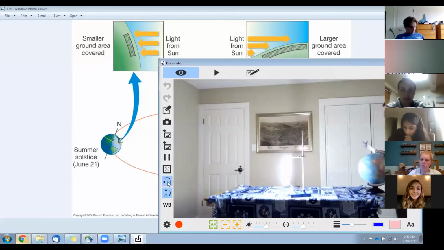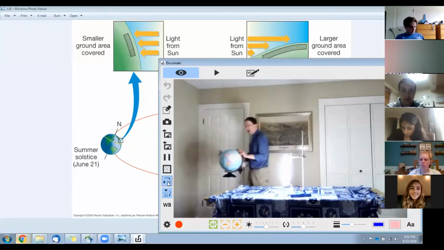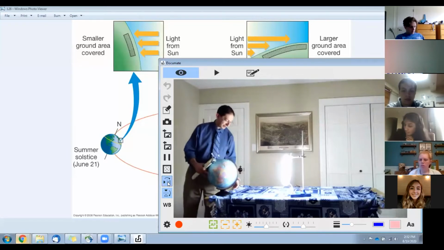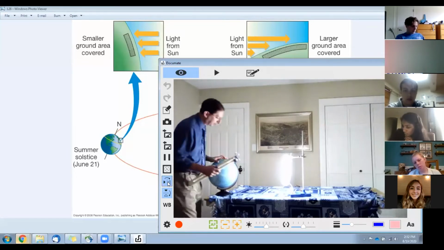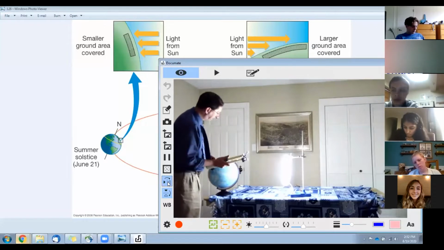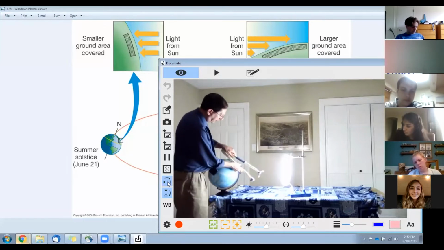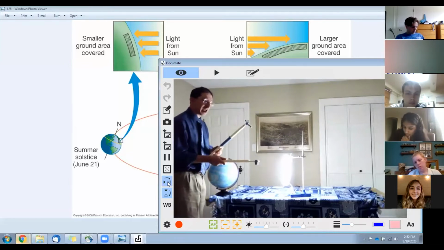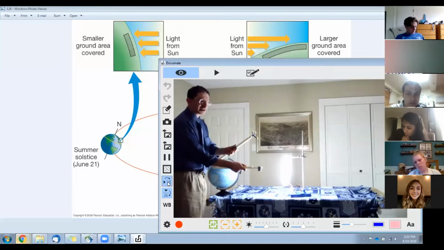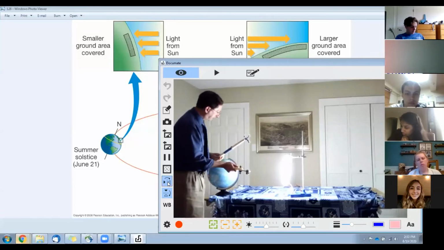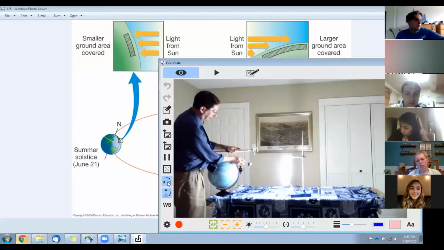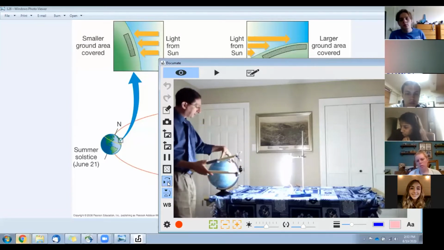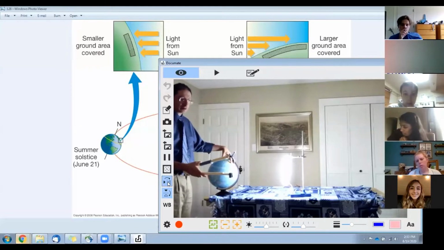Okay, let's go back to the other side. So back to the summer configuration in the north, winter in the south. And let's keep considering the Arctic Circle. I'll put North Carolina pointed towards the sun again. And the Arctic Circle is about here. So in summer in the Northern Hemisphere, the sun at midday does have an appreciable angle. It's up in the sky. It's not North Carolina up in the sky, but it's still up in the sky. And we can go all the way to the North Pole, actually, and it's still up in the sky. So during summer, if you can get above the Arctic Circle, the sun's up all the time.